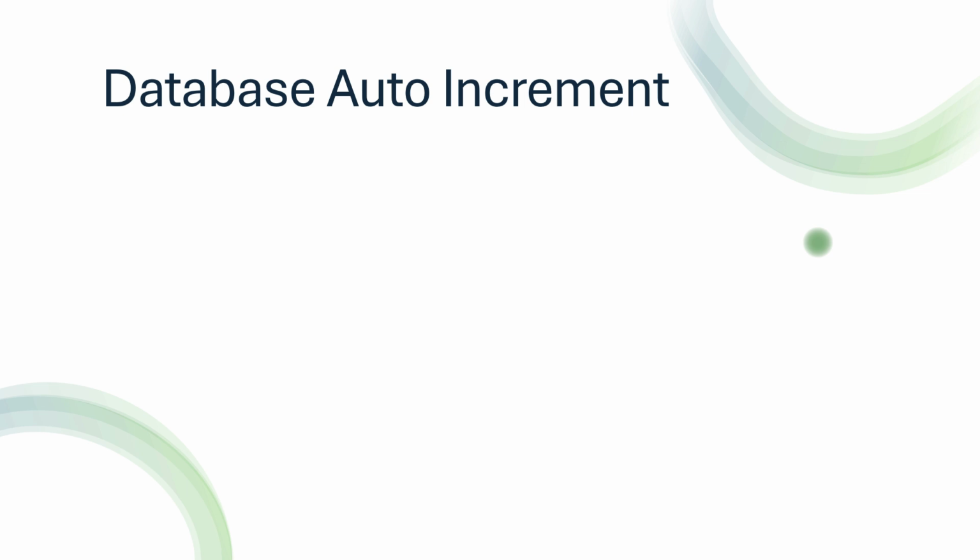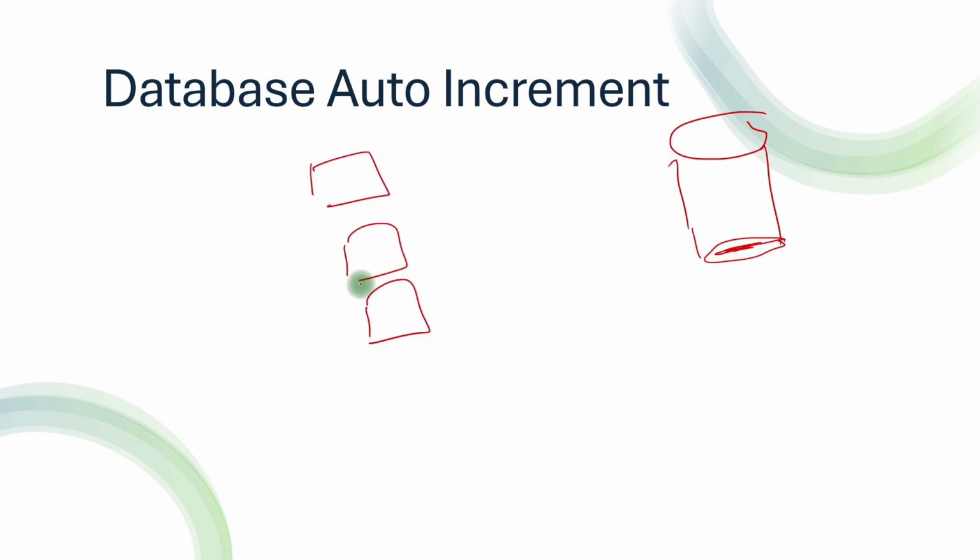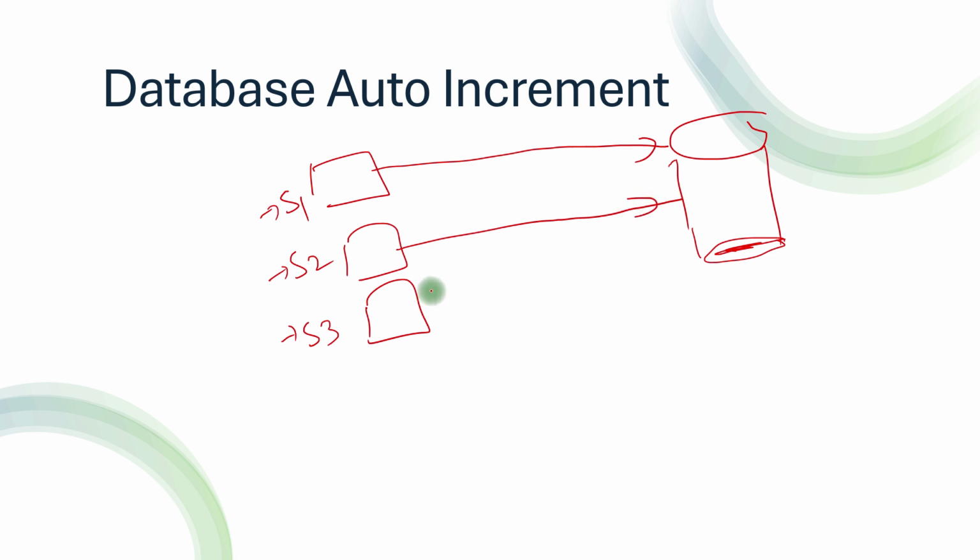So first, let's see database auto increment. For this, we have a database for each of our services. Let's say S1, S2, S3. You can think of it like user, product and order microservices. Each is connecting to its database and can get the unique ID generated that we discussed in our problem statement initially, with databases like MySQL,